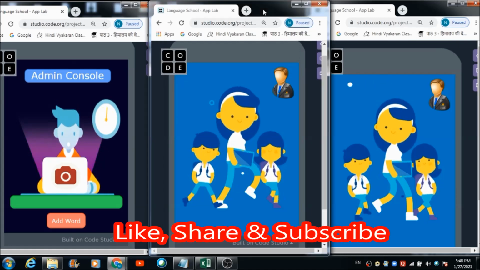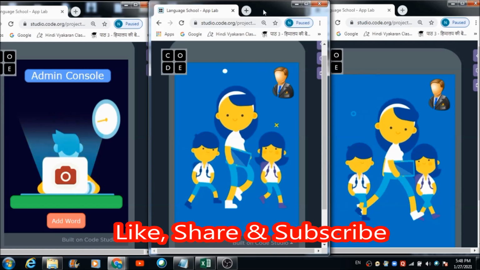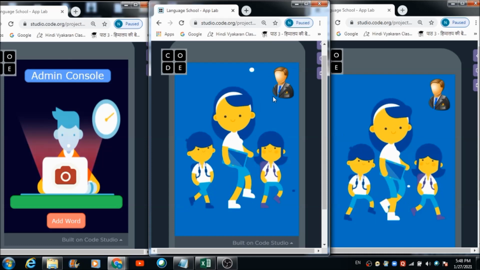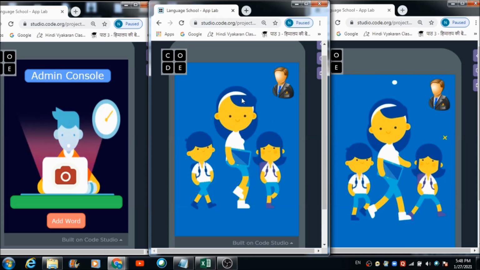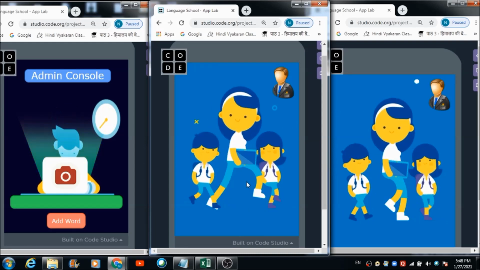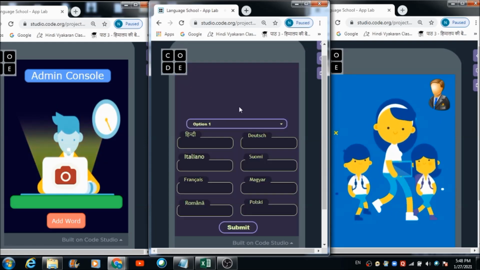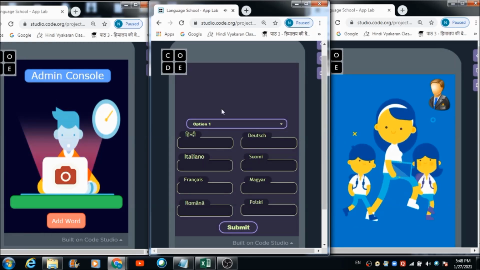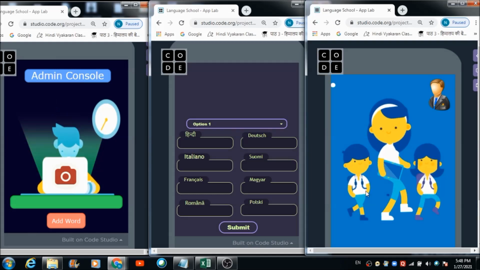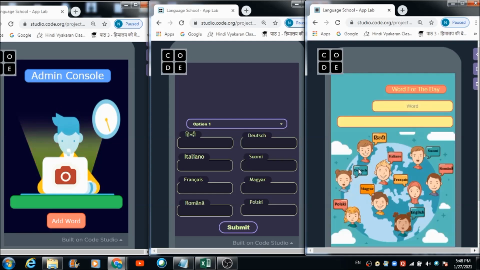Now if the teacher wants to access the teacher's panel, the second panel, he just has to hit this teacher who is moving around over here, and automatically he's going to get redirected to this beautiful teacher's panel. Hi, welcome to the teacher's panel. Likewise, if a student wants to access the student's panel, he just has to hit this boy and he's going to get redirected to this beautiful student's panel. Hi, you are on the student panel.